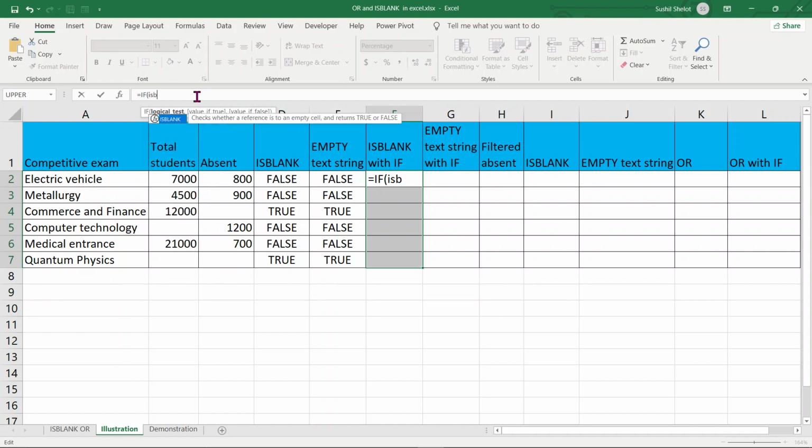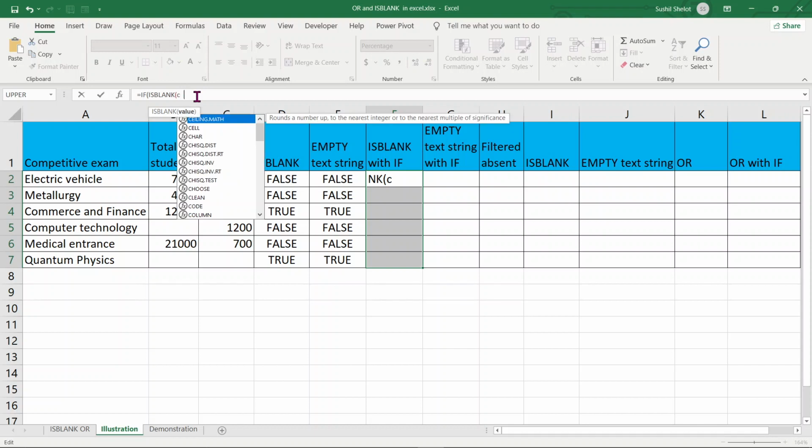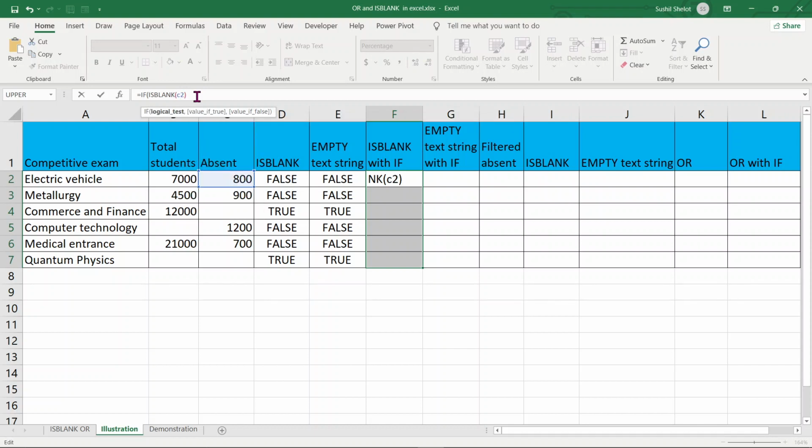So now ISBLANK. What I'm going to refer to here is the cell C2, and if the value of ISBLANK is equal to an empty cell, what then? Let us get on to that and see how to use it. Well, if it is empty, then by default it will come true, and if it is true, I want an empty cell here as the result. So I have used the double inverted commas, open and close,